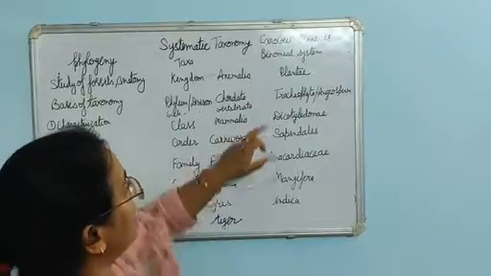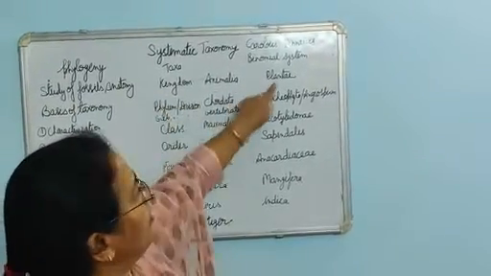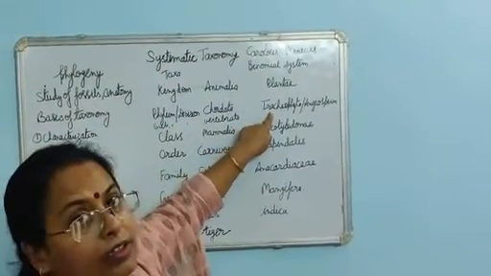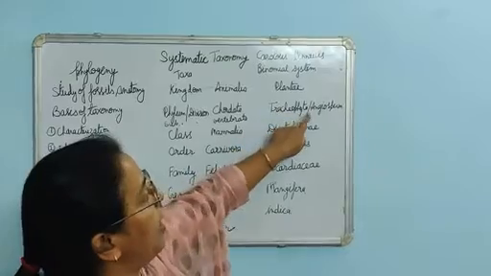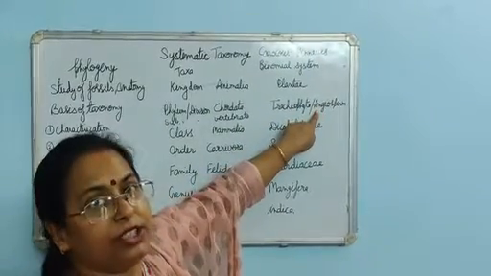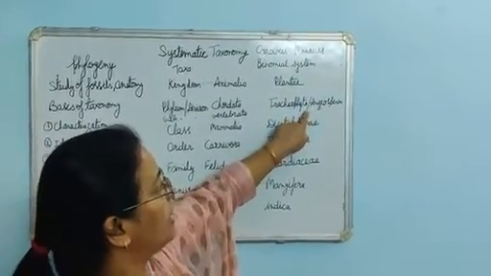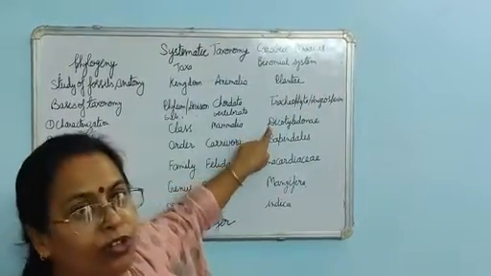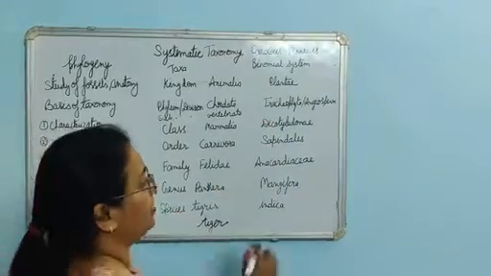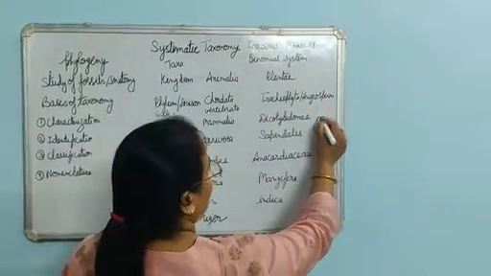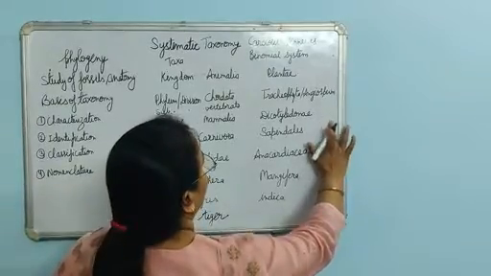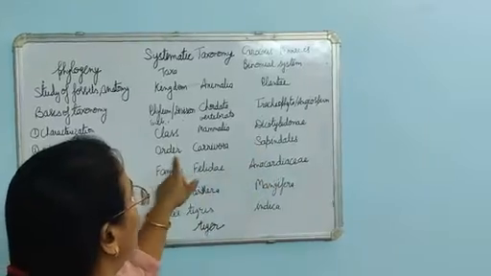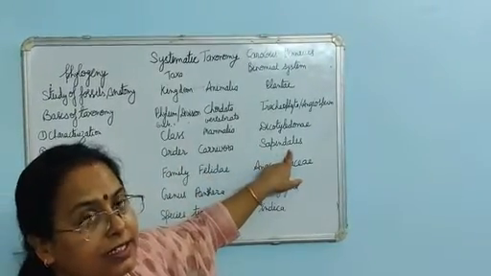In the same way we can classify the plant also. Kingdom will be Plantae. Division will be Tracheophyta, because they have vascular bundles, and subdivision will be Angiospermae. Why? Because they are flowering plants, that is Dicotyledon, two cotyledons are present in the seed. This type of cotyledons are present in the seed, and they have true fruits. That's why they belong to the order Sapindales.